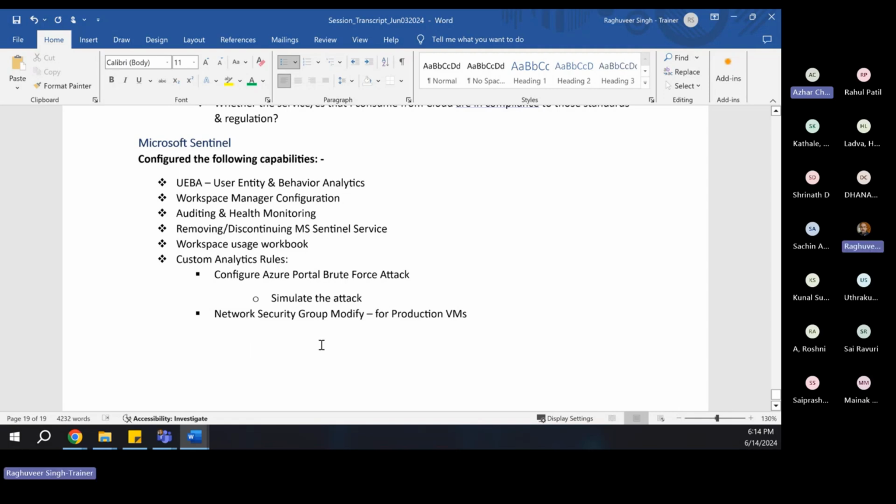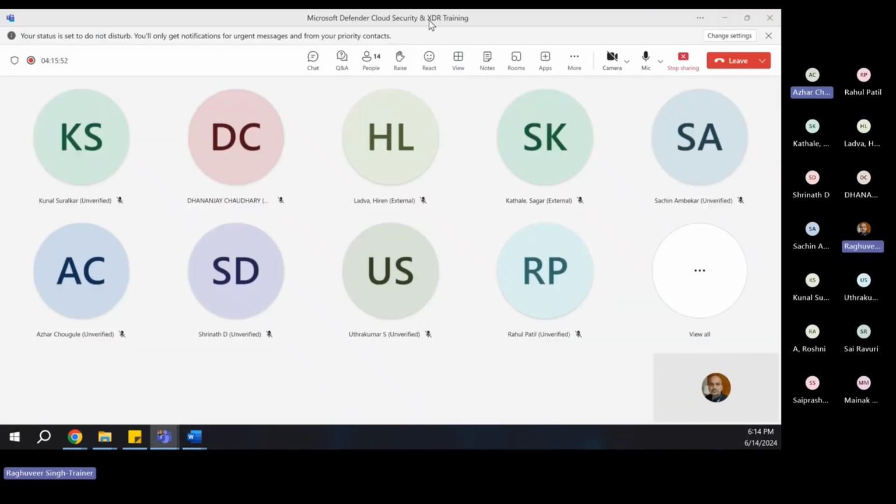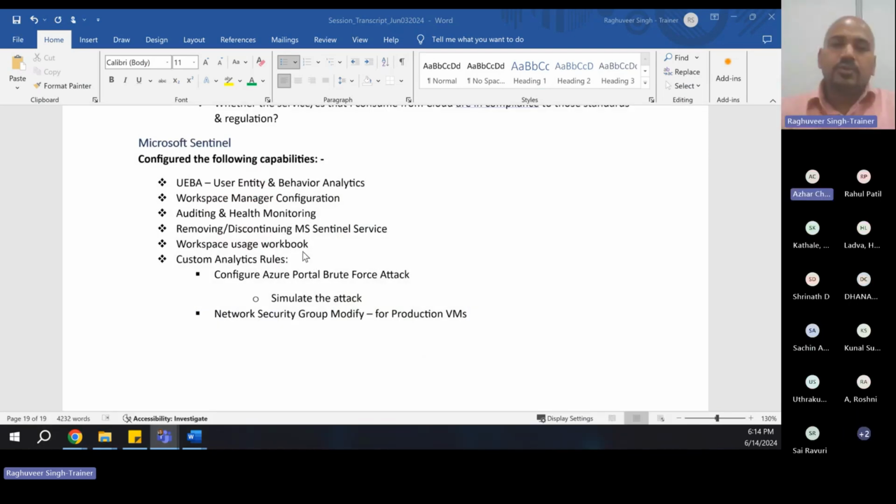Let's assume for a moment, I have a virtual machine that is hosting a critical database for my company. That database is hosting critical or classified information of my business. What if somebody, and that database is configured, so I've configured the database to only accept traffic on port 1433